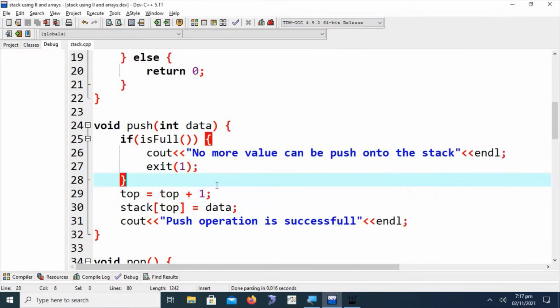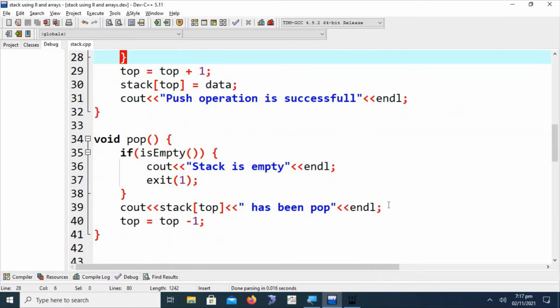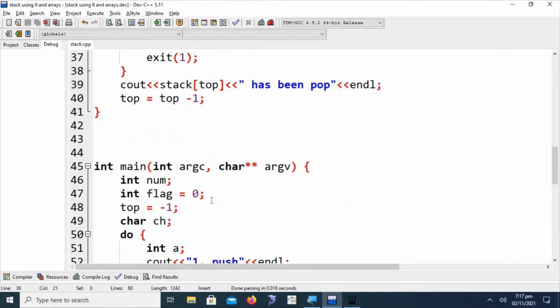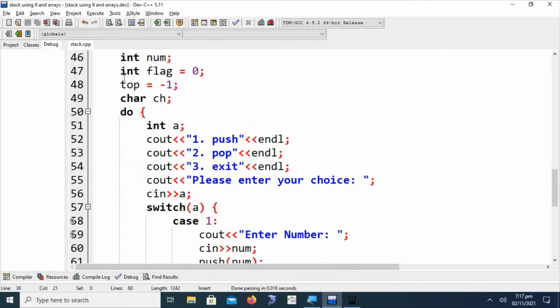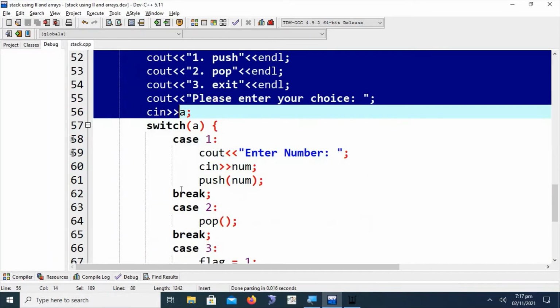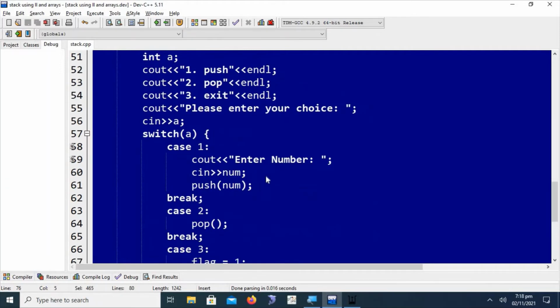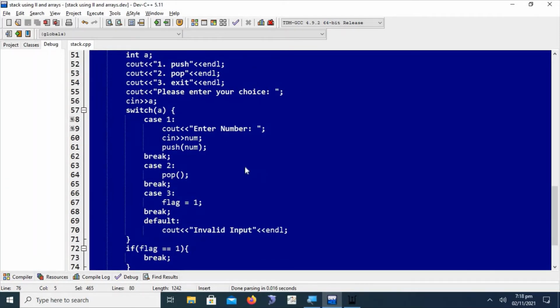And in the pop function, first of all we have to retrieve the value. In the animation we can see that first of all we have to retrieve the item and move the stack pointer to the previous data item on the stack. This was the implementation of the stack, and in the main function we have written some lines to make it easy to understand the stack implementation, using enter value and options etc.